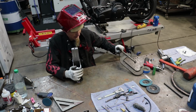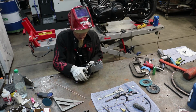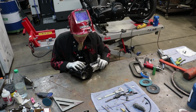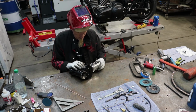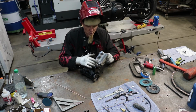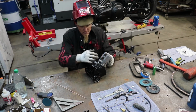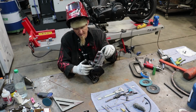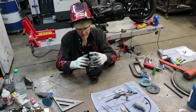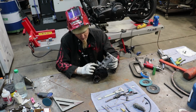Now that this block is tacked in here, then we got the sides pressed up against the edge. We're going to go ahead and do some plug welds. Now I like to do a sequence where I don't do all of one side. I like to do one on each side, crisscross top to bottom. So I'll do one on top front here, one on bottom rear here, and then bottom front here, and then